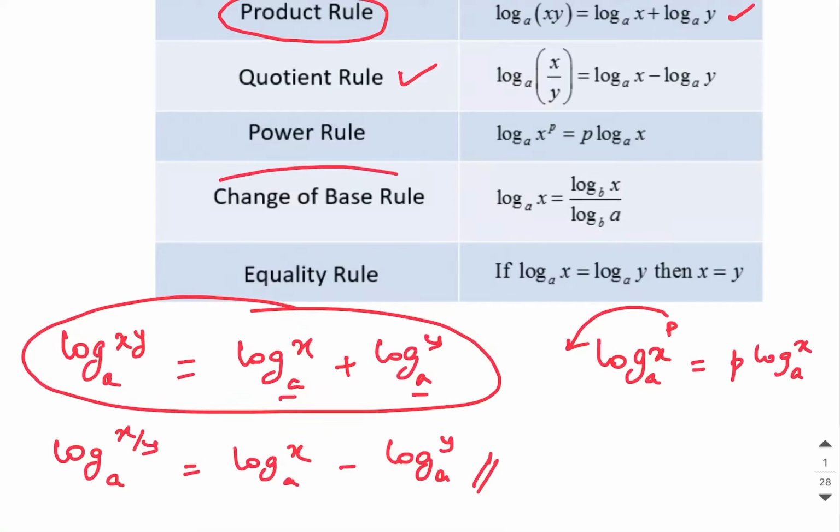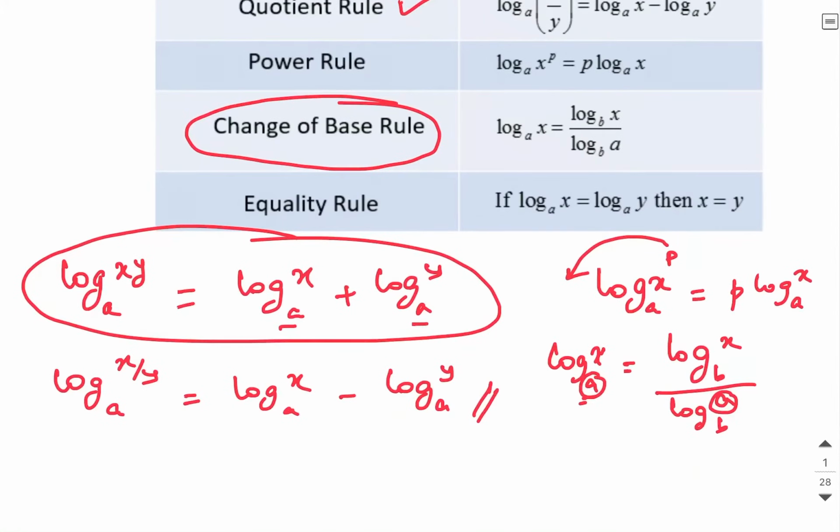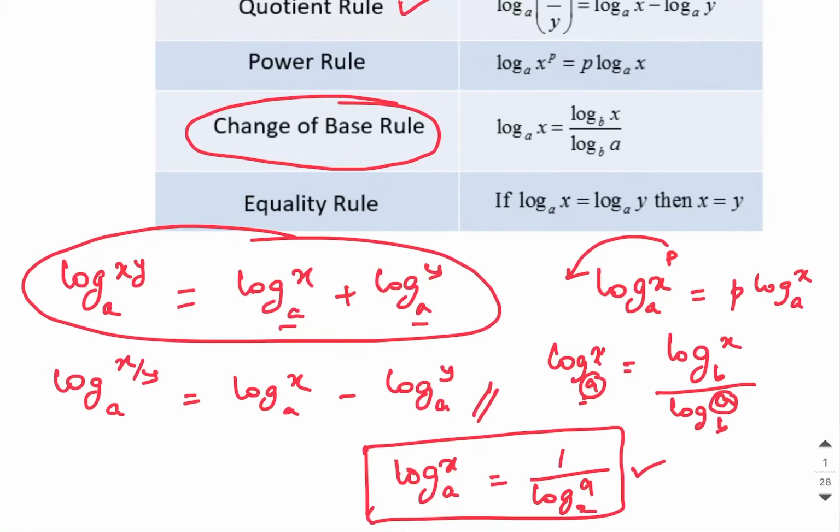Similarly, there is another concept called the change of base rule. It is log x base a. Here the base is a. If you want to change it to some other base, let's say b, then you can write it as log x base b divided by log of a base b. So this a will also become the argument for the denominator. That is one rule. The other rule is log of x base a is equal to 1 by log of a base x. Please have this in your mind. It is not mentioned in the table. This is another property; note it down in your book.